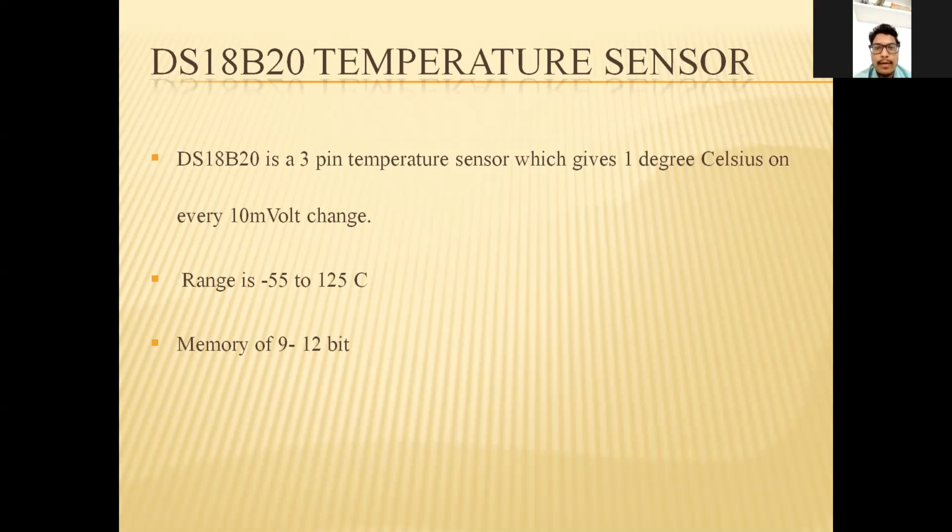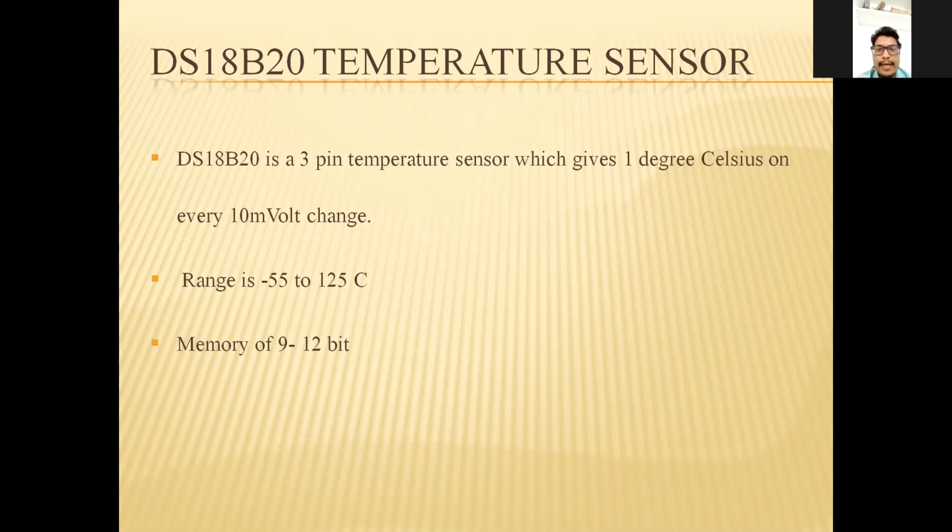The data resolution ranges from 9-bit to 12-bit. As the DS18B20 follows the single wire protocol, we can control the sensor with a single wire from a microcontroller. This DS18B20 has a unique 64-bit address code, so we can easily get the sensor data of a required DS18B20 temperature sensor by using the address.